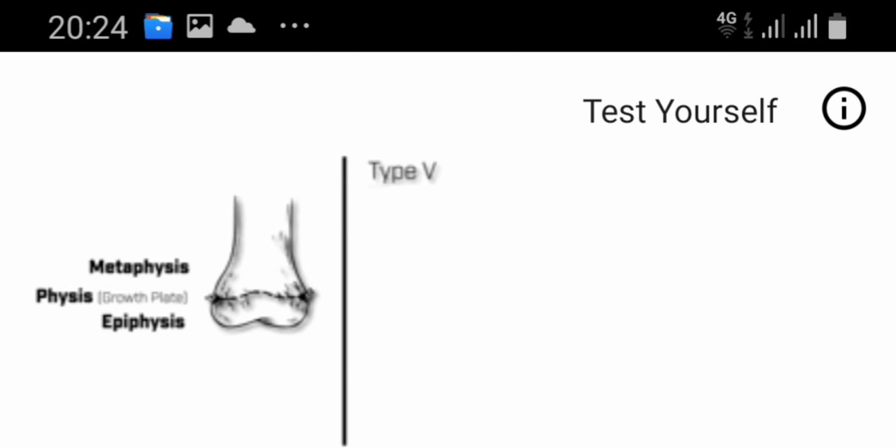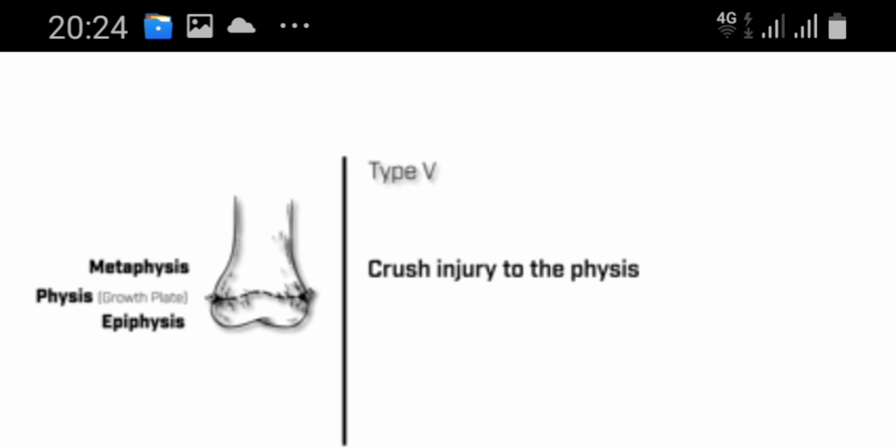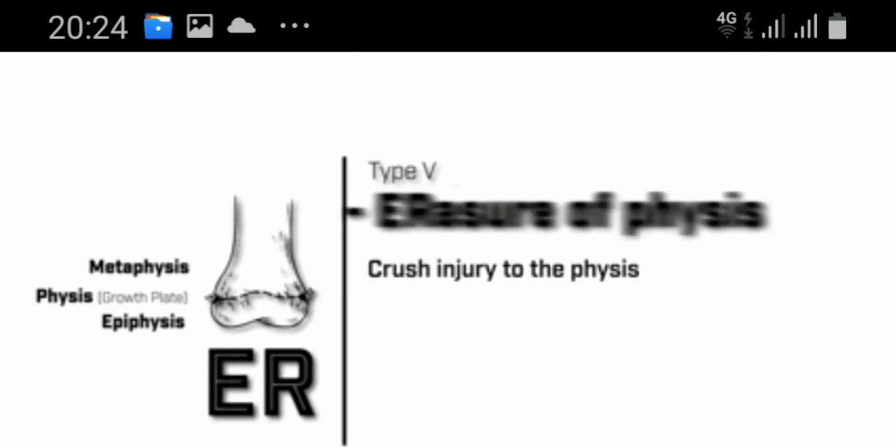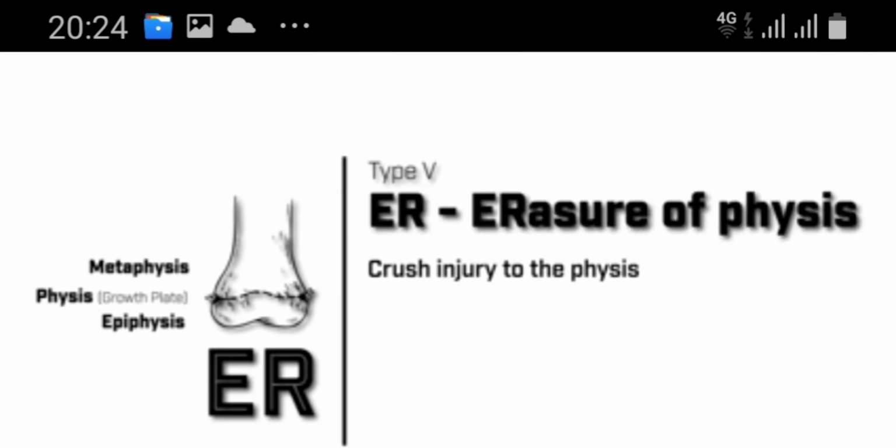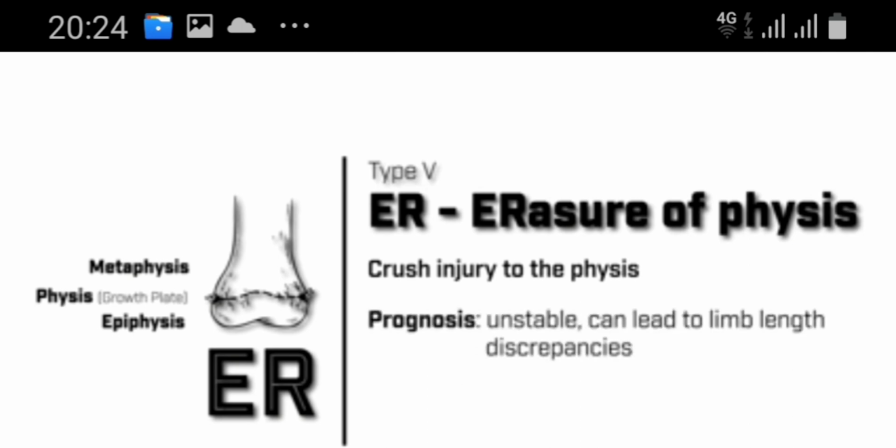Lastly, we have a type 5 Salter-Harris fracture, which is a crush injury to the growth plate. You'll remember this type of fracture by the letters E and R in our mnemonic, because you could think of this crush injury as an erasure of our growth plate. These fractures are often unstable and can lead to leg length discrepancies. And like our type 4 Salter-Harris fractures, operative management should be